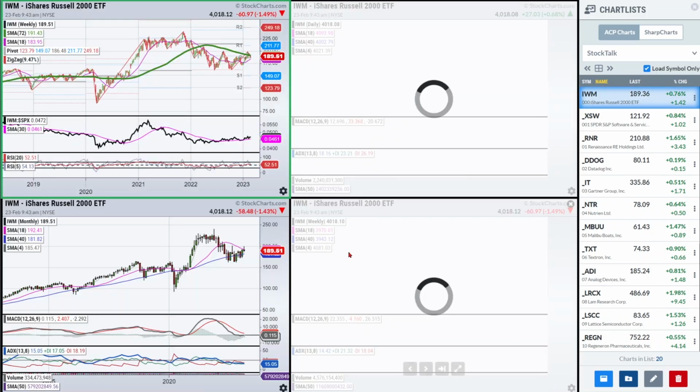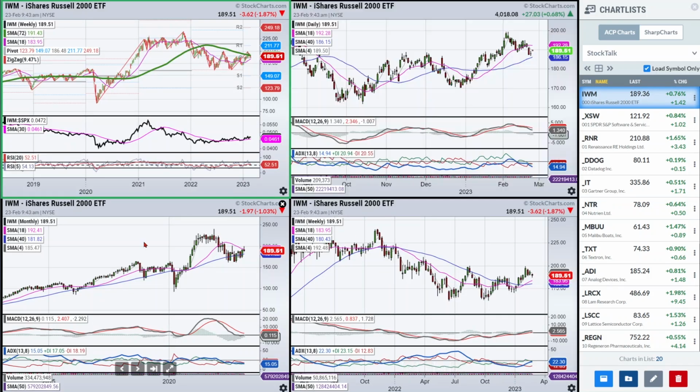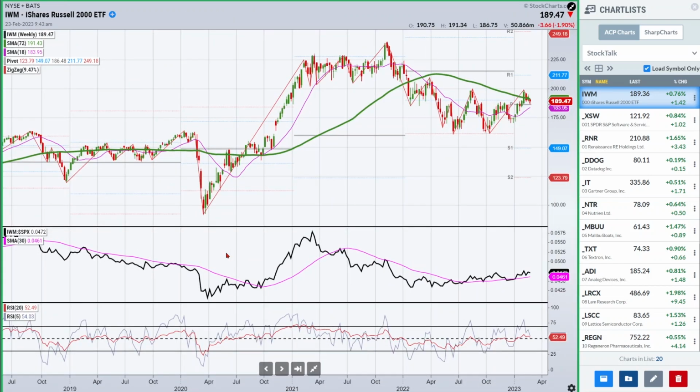But what I thought would be more interesting, actually, is to go and take a harder look at the IWM, the Russell 2000 index. And let's just continue with this theme of relative strength. And notice what we've got here. We've got a break of the downtrend line, and you could basically call these tests of this low. And we don't have a crystal clear breakout, but certainly signs of improvement where this line is making higher highs